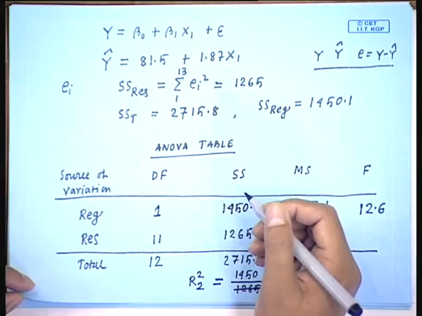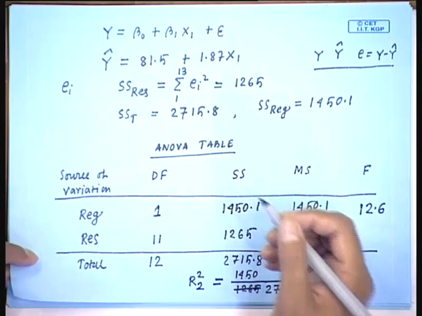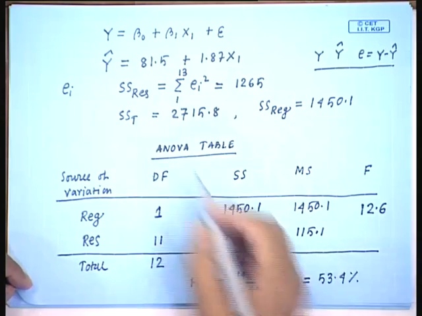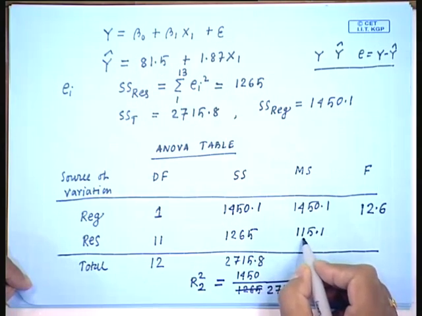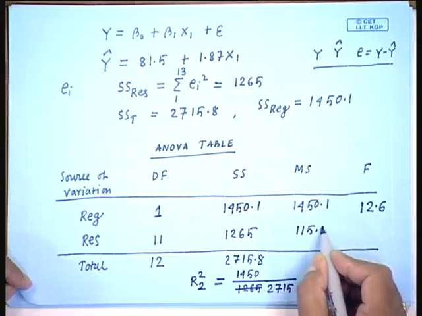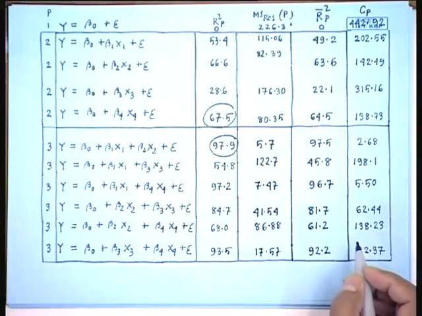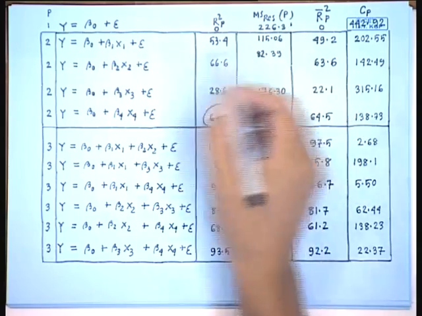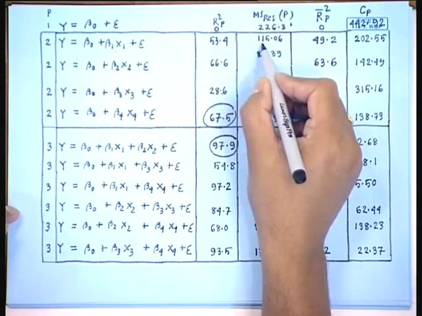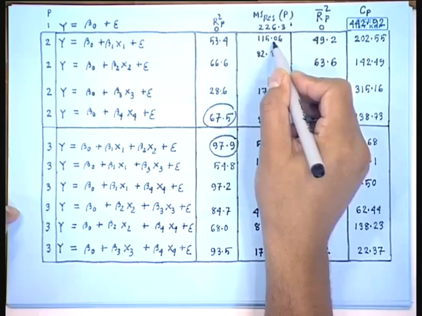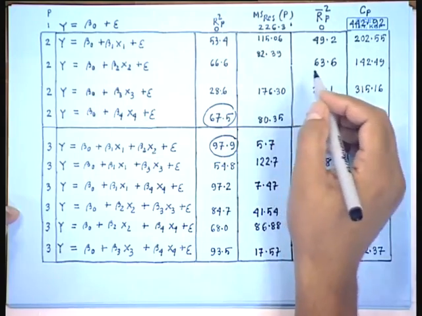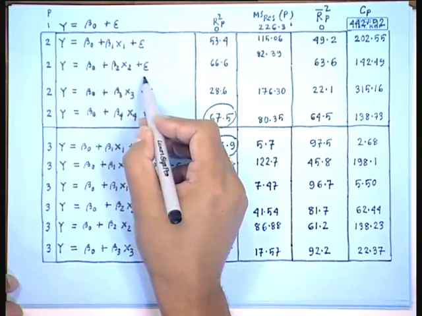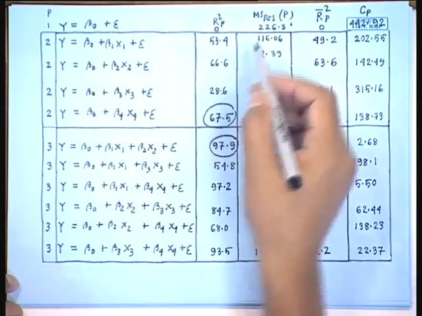Well, now what is the MS residual here? The MS residual for this model is 115.1. So, that is mentioned here. The MS residual for this model is 115.06 more precisely. And similarly, you fit the second model, you get the ANOVA table, you find out the MS residual